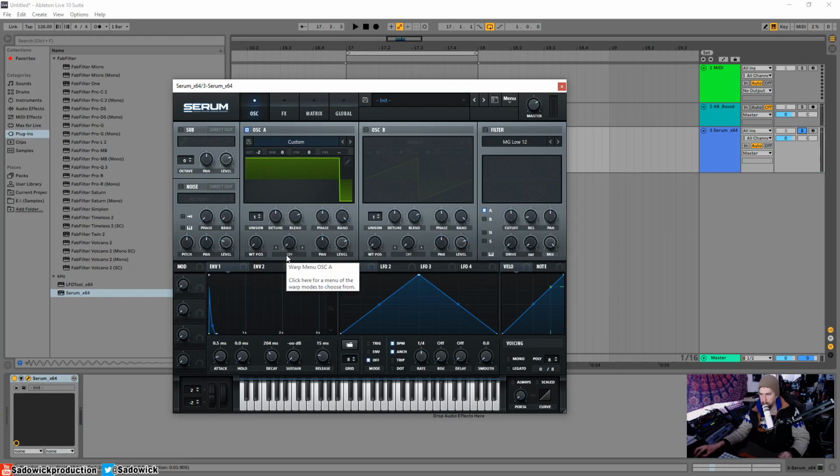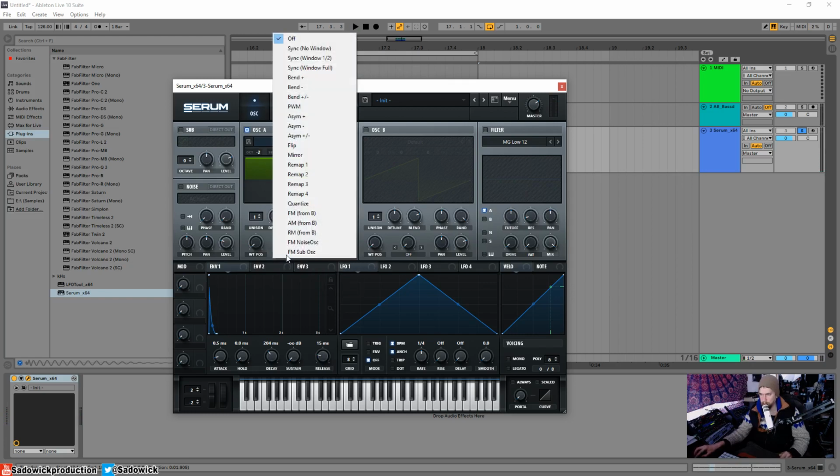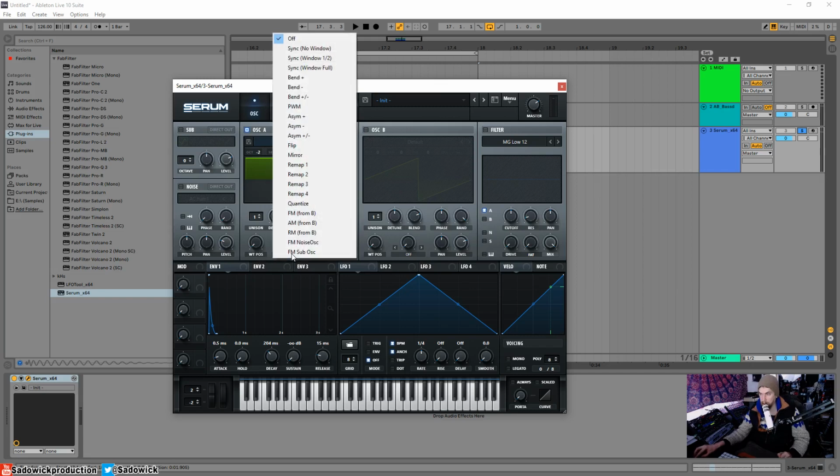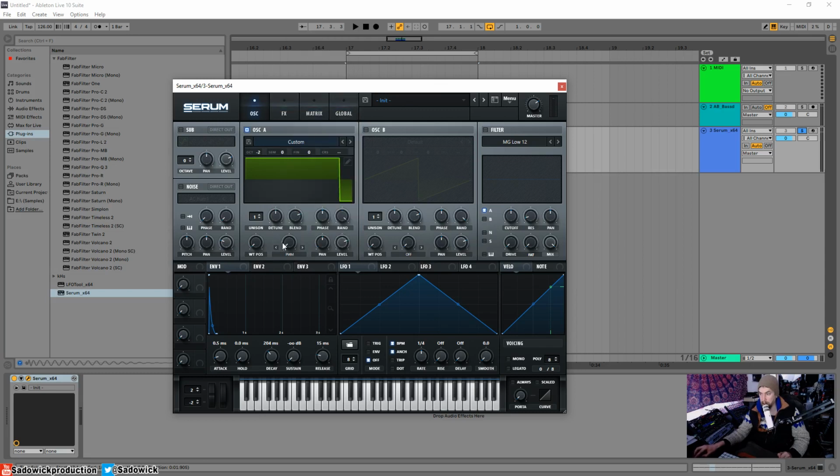So what I'm going to do, I clicked on the warp. So Serum has the ability to warp things. Let's go PWM. Let's see what that does. No, that's not what I want to do. That is basically an interesting idea. I'm taking something that's a very small pulse and then making the pulse smaller. It sounds like so,